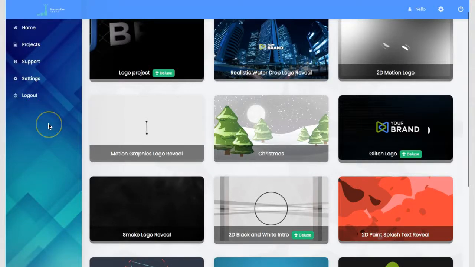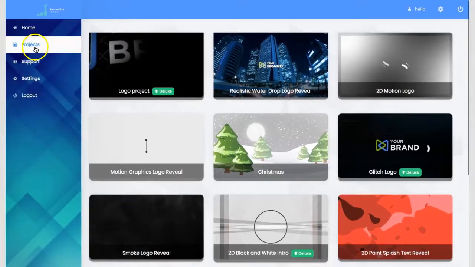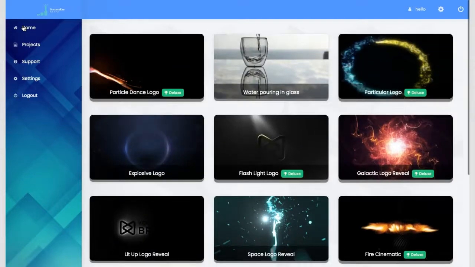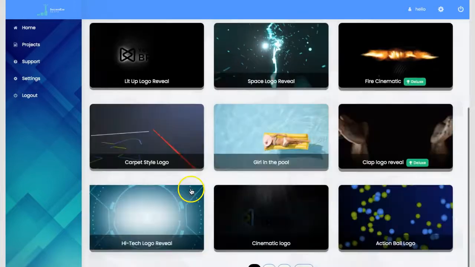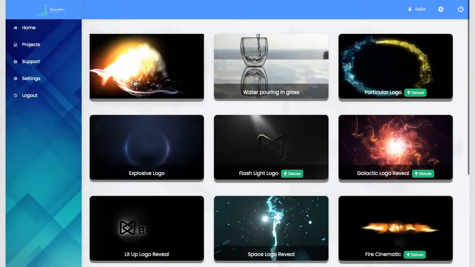So let's get started on creating a project. All right. As you see, if I click on here, we have no project so far. So we're going to go back to the home page here. We're going to scroll through and look for something that we might like. And if there's nothing on this page,